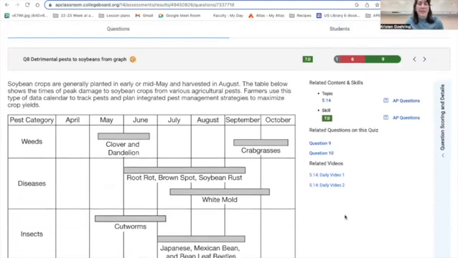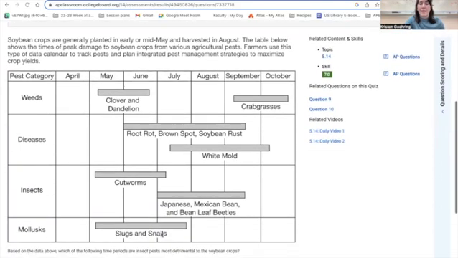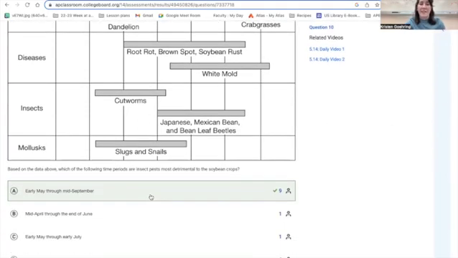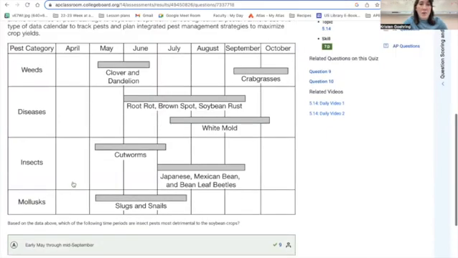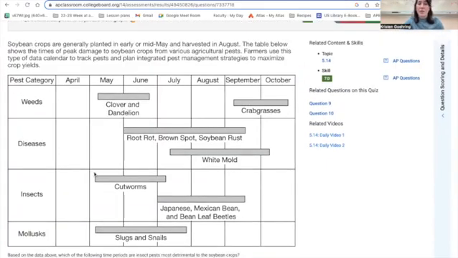If we're looking at the timeline of when the insects are even there, we have it starting in early May, and then we have a continuation of insect pests until we reach mid-September. The soybean crops are harvested in August, so this whole section here is going to be especially affecting the soybean crops, but we don't have an option that just leaves it that. So we're looking for something that is going to include our full growing season and also